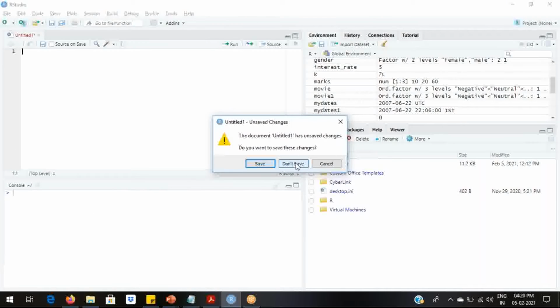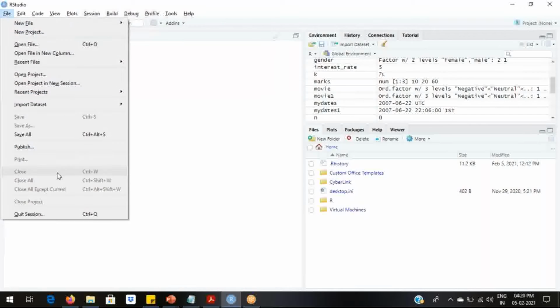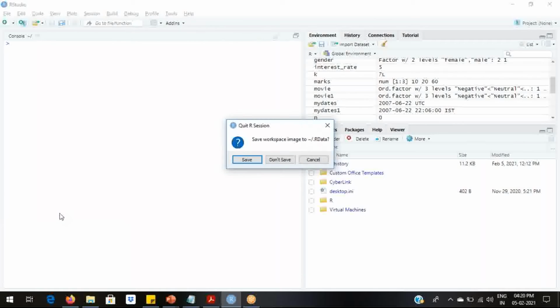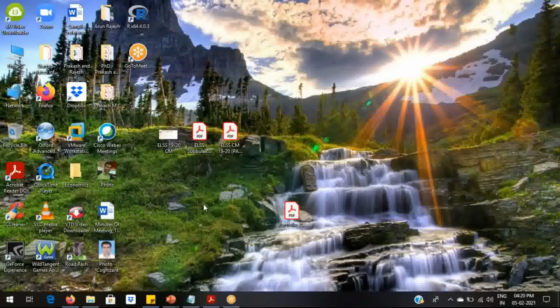If you have typed in a program and want to save it, save it. Here I don't have anything to save and hence I am choosing don't save. Then click on quit session. This is the right procedure to quit from RStudio. Now let me show you how to open RStudio. Click on the Windows symbol.